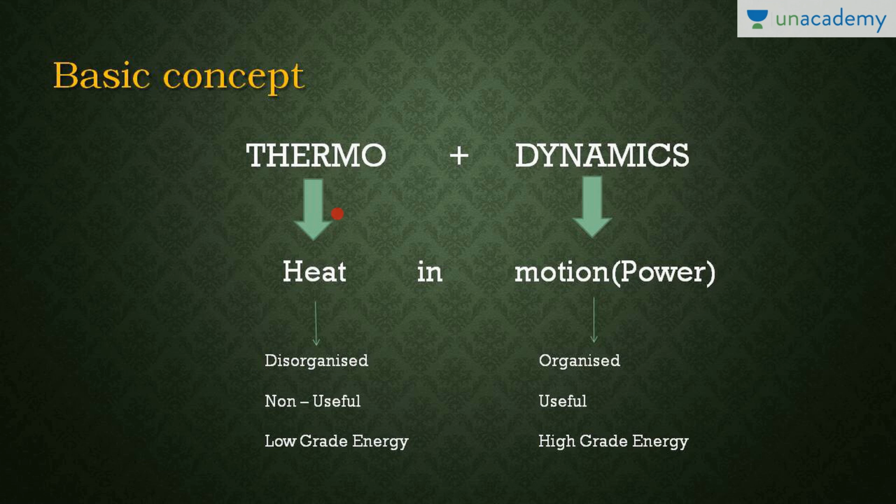Right. So heat is a disorganized form of energy. Heat is a non-useful form of energy. Heat is a low-grade energy. And motion, power or work is an organized form of energy. It is a useful form of energy, or I can say it is a high-grade energy. Right. In complete thermodynamics, what you will understand is that